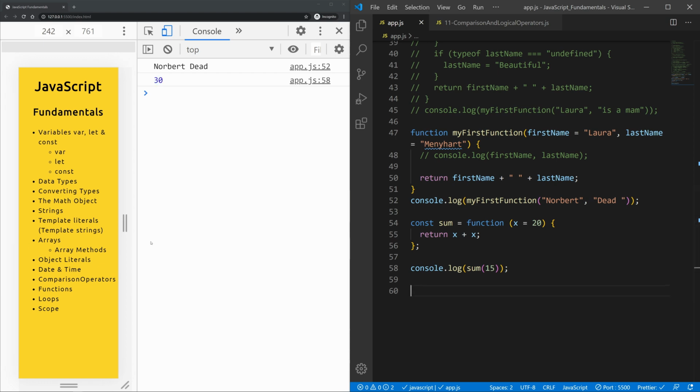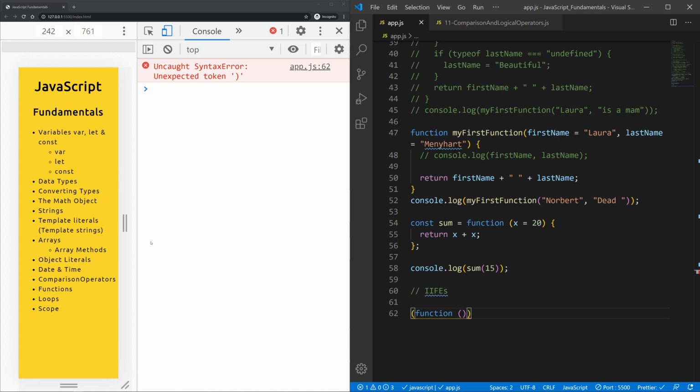And let me type it in, IIFEs. An IIFE means immediately invoked function expression. So basically, we are declaring and running a function at the same time. And we need to put the function into parentheses and then also close it up with parentheses right before our semicolon. So let me just give you an example. We need to put it into parentheses, and this would normally be an anonymous function. So function,